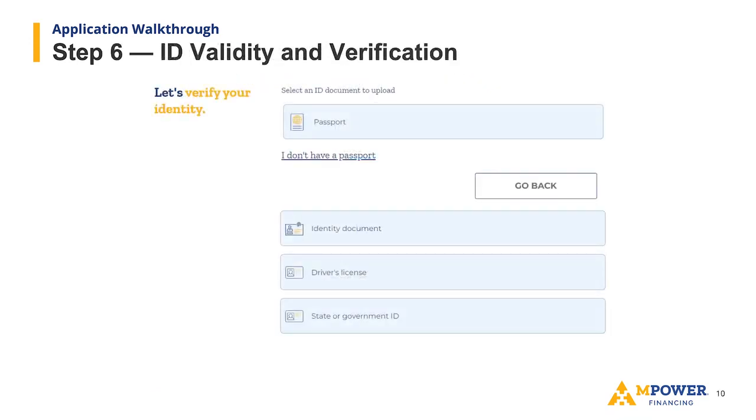And in the end, after you fill out the other information, we'll ask for your ID. If you have passport, that would be great. If you don't, you can give one of the government issued IDs, such as your driver's license, state ID, other government IDs, national IDs that you can use, so then we can move to the next stage. These are the steps that you need to take to start a loan